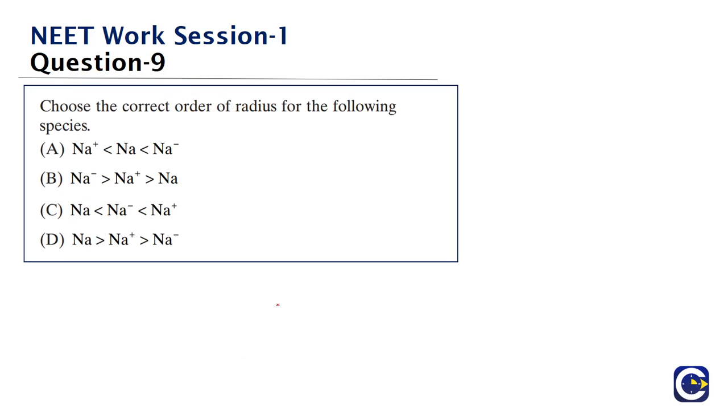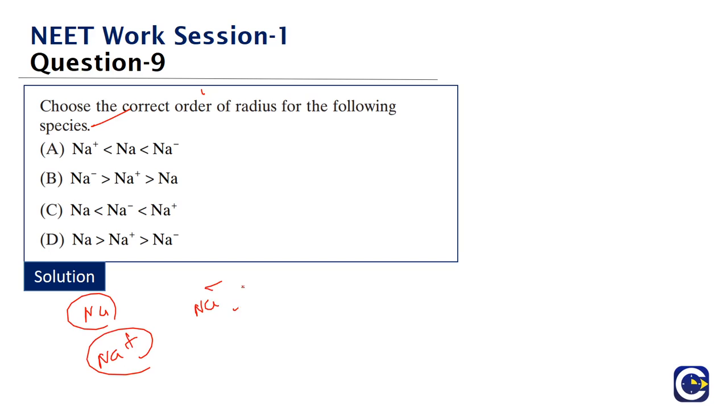Next we will go to question number 9. Choose the correct order of radius of the following species. So what are the species here? It's a pretty straightforward question. Now look at this. What are these species here? We have Na, which is the sodium atom, Na plus, the cation formed from the sodium, and Na minus, the